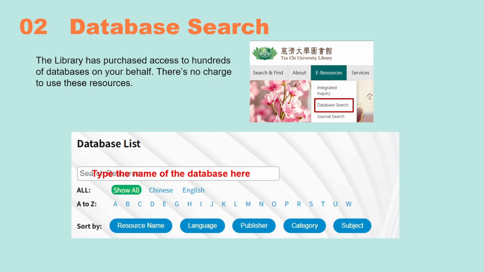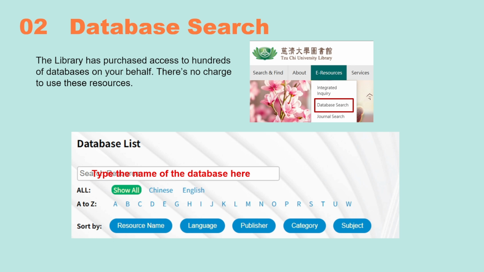Let's move on to the second part, database search. A database is an online library. It is like an online catalog, helping you to easily search, find, and access the right source at the right time. The library has several types of databases to help search.